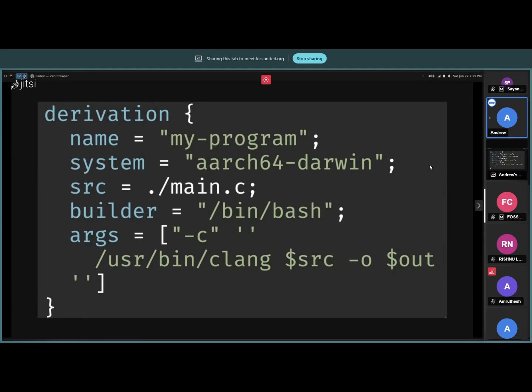For example, the Rust compiler generally requires the previous version of the Rust compiler to build, but you can build an earlier version with GCC or something if it's written in C, right? Then the Rust compiler's derivation will also be there.